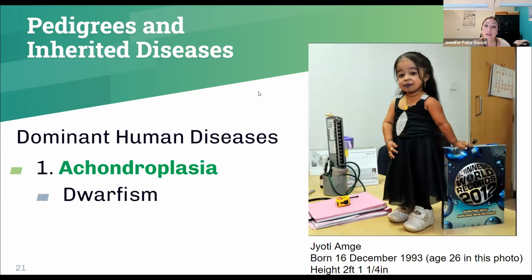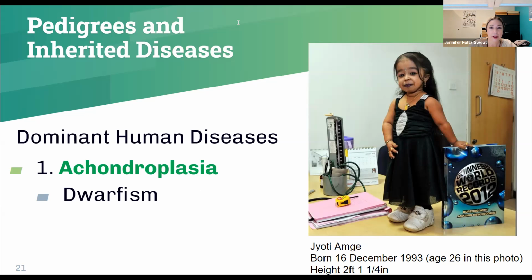Now, two dominant inherited diseases are achondroplasia and Alzheimer's, which I'll talk about next. Dominant diseases are passed on, and an individual exhibits them if they are heterozygous or homozygous dominant. So if you have an individual with a dominant disease, the children will absolutely get the disease, some of the children. Achondroplasia is called dwarfism. I'm not sure if it's still called dwarfism, but this is a dominant disease. So if you have